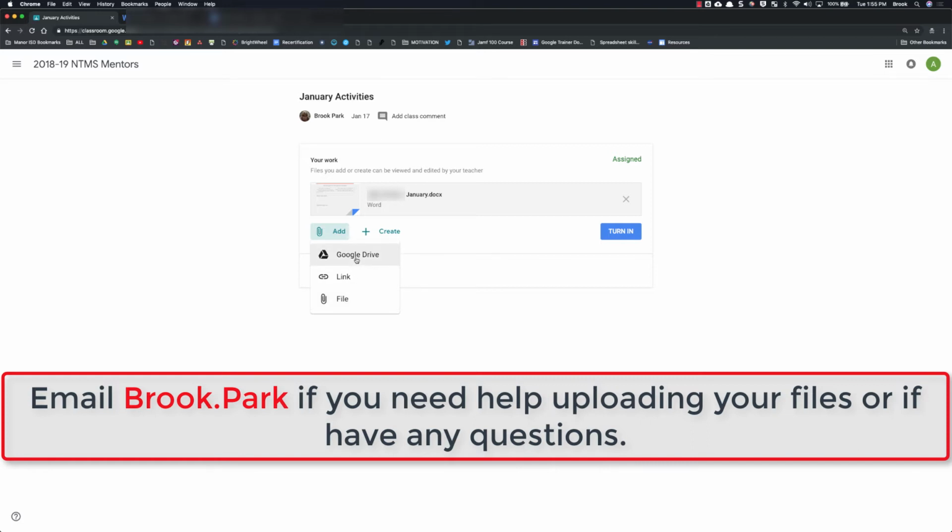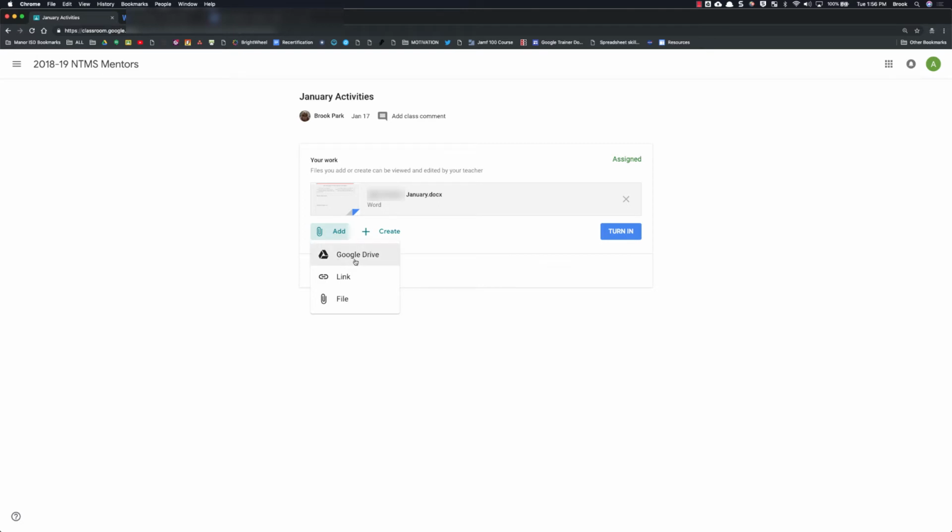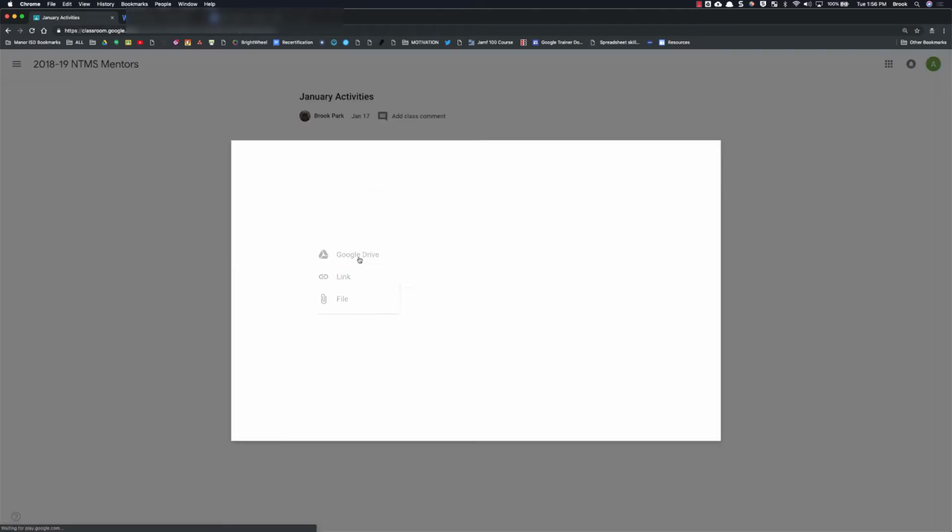So a couple of things could have happened here. Rather than converting this into a Google Doc, you could have printed this out and actually written in the notes for the activity, and then you would have needed to upload it back into at least your computer, where you could find it in a local file, or upload it to your Google Drive. So that would be your choice. So I'm going to click on Google Drive,